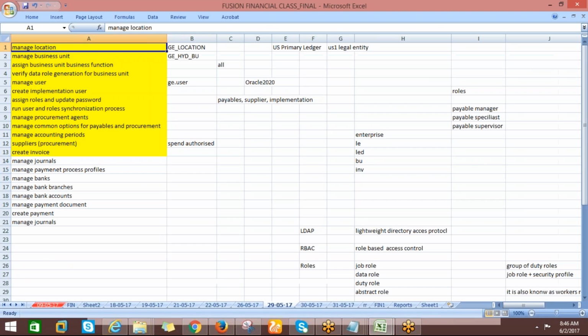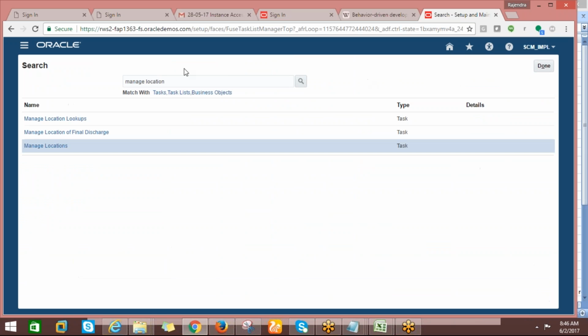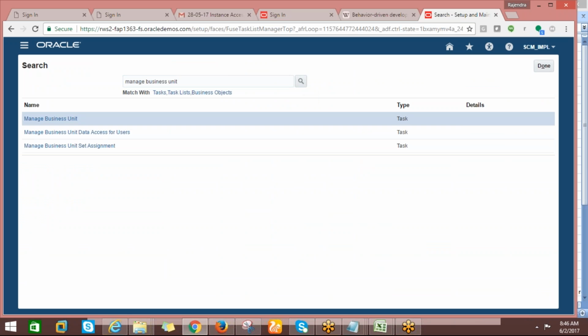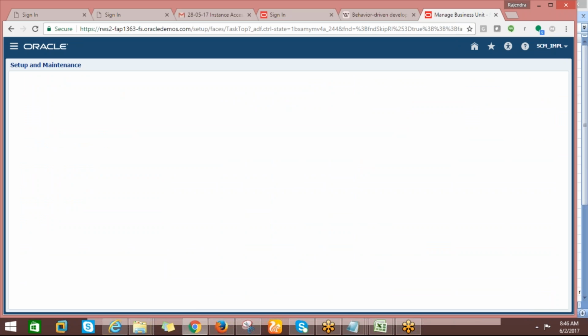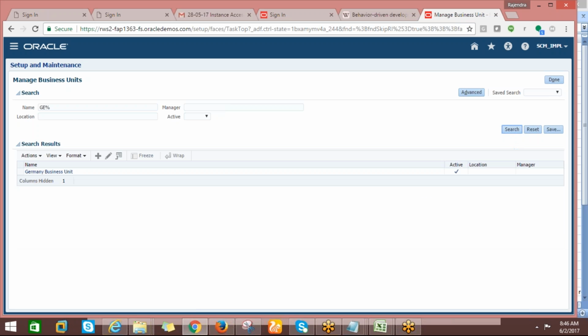It is fine. So now let me go for the business unit. Let me create the business unit. Click on done. Business unit. So here, let me check whether I have the G, because I don't have it, because the server has changed. I don't have that. So it's not like that. So click on new,